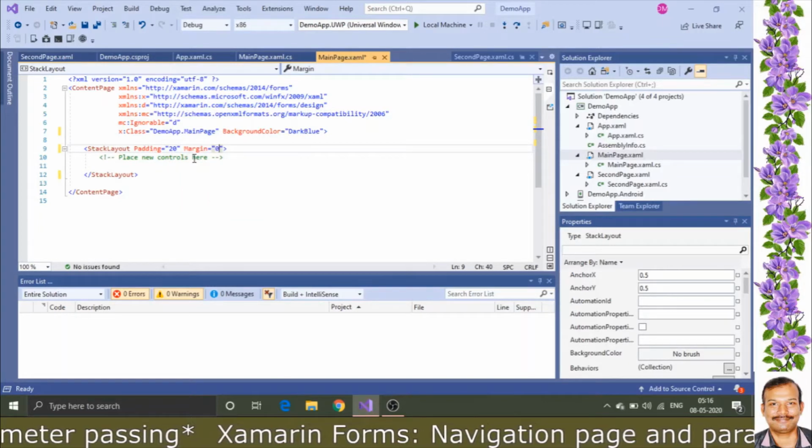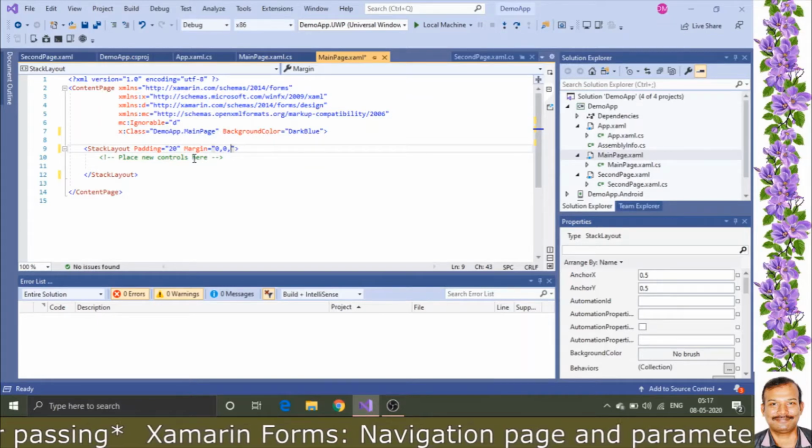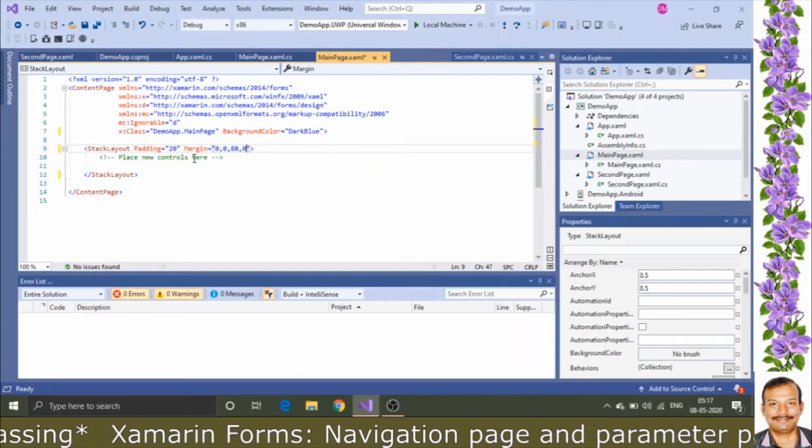Margin equal to, we need to give an appropriate value. Here I am giving one particular value. You can give the value according to your requirement.